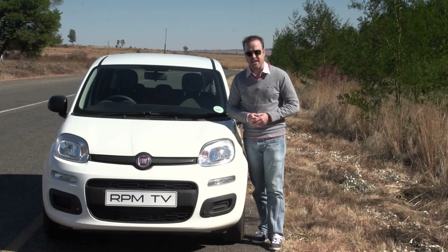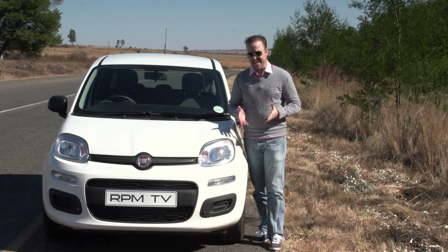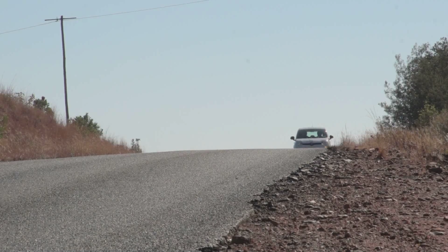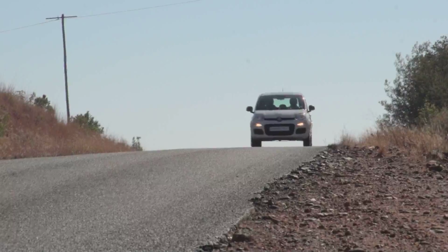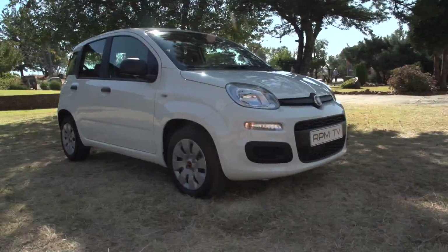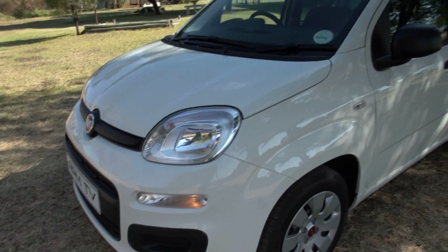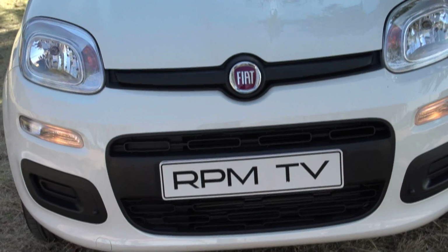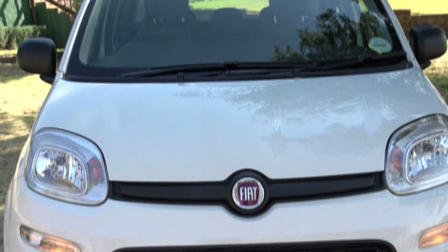Any bigger and it'll start taking on the proportions of a small van, and that makes me think it'll be less fun to drive. By way of comparison, the previous generation Panda included the 100 HP performance version, which wasn't perfect, but it was still a good laugh. I can't imagine any version of this Panda, with its bigger dimensions, being nearly as nimble